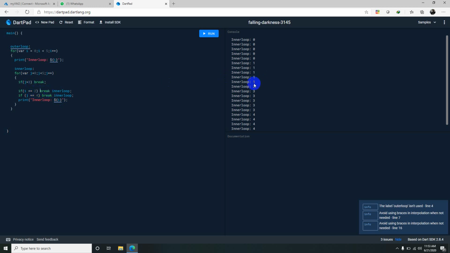So that's why, in the inner loop, when j is greater than 3, it should never occur actually.